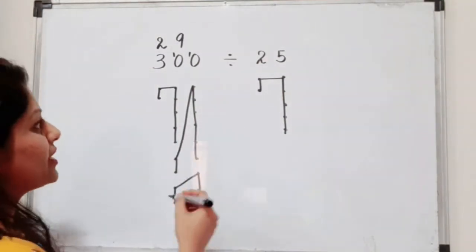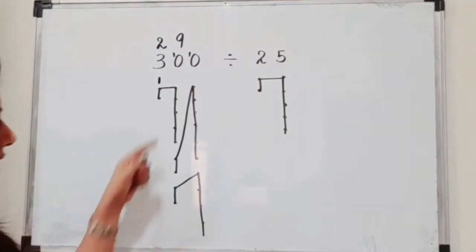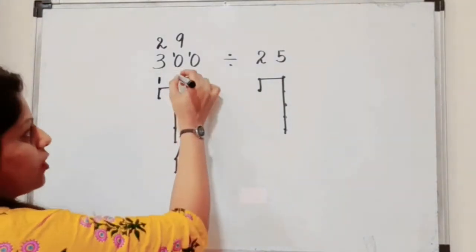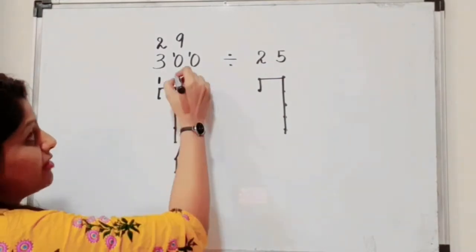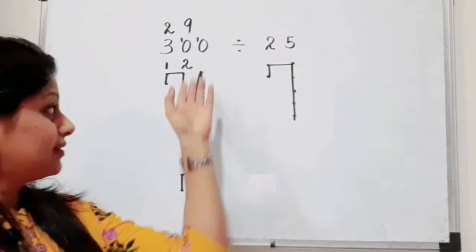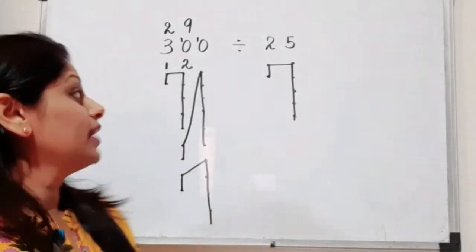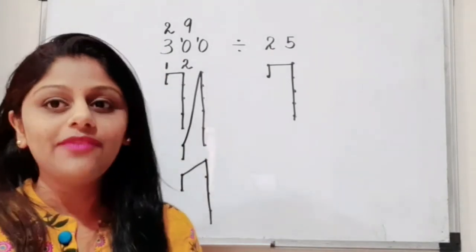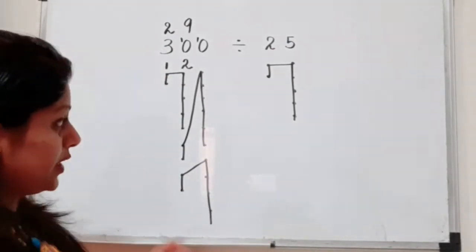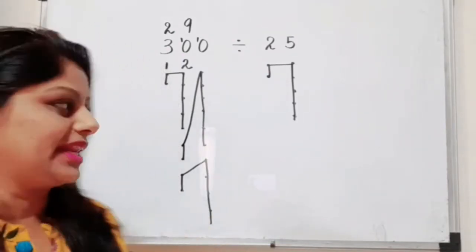How many new beginnings do we have? In the first row we have 1 new beginning. In the second row, we have 2 new beginnings. And in the third, do we have any new beginnings? No. Therefore, we have completed this and we got the answer as 12, that is 1 and 2. And do we have any remaining points which we haven't joined with lines? No, we don't have any points remaining.